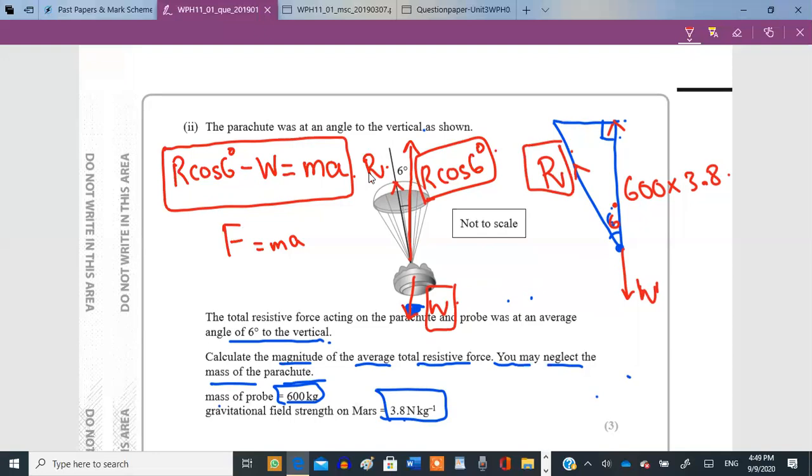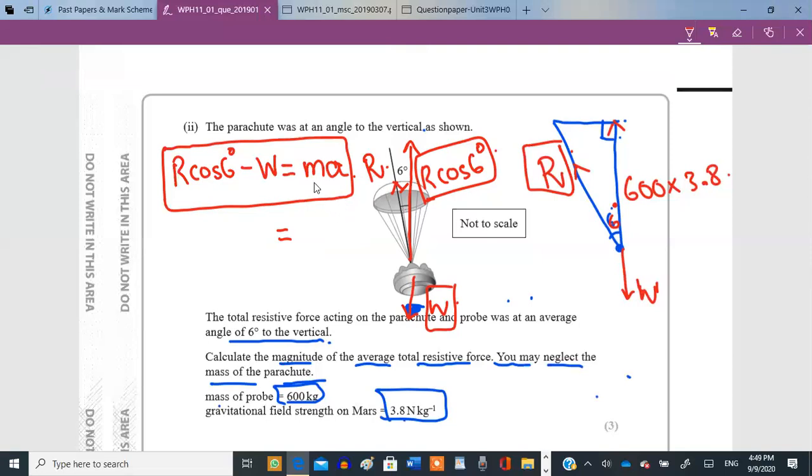Also it is decelerating. Decelerating means that the resistive forces are more than the weight itself. Deceleration always means that the resistive forces are more than the weight or the forward force. So now the resistive forces, the bigger force minus the smaller force, will give you the ma. The acceleration given to you is minus